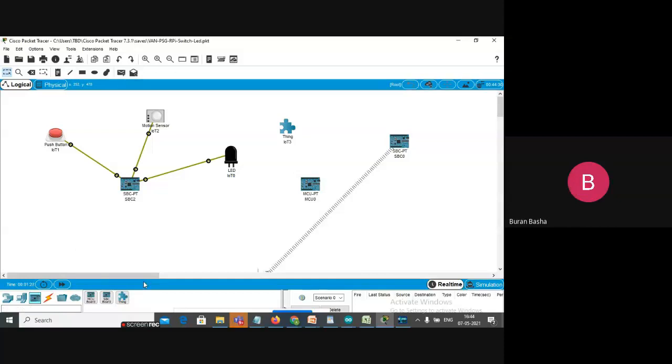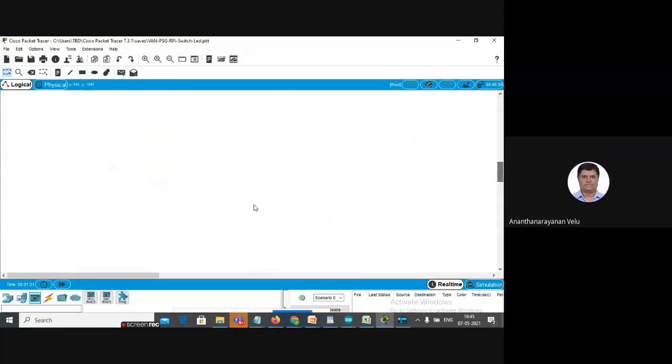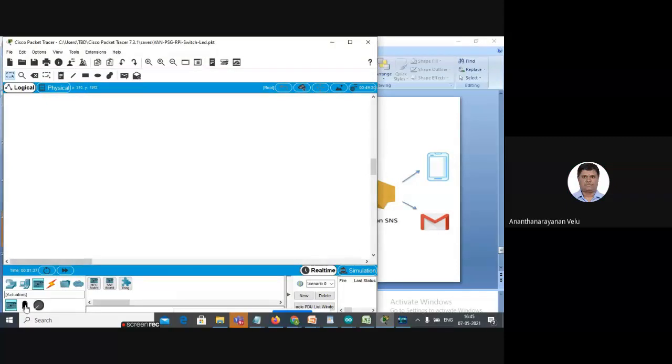Sir, is this tool open? It is freeware. It is available free of cost. That is why I'm introducing that. It is totally free of cost, and the only thing is you have to register. You can see a lot of sensors and actuators are available. For example, I can show you one. Button, switch.